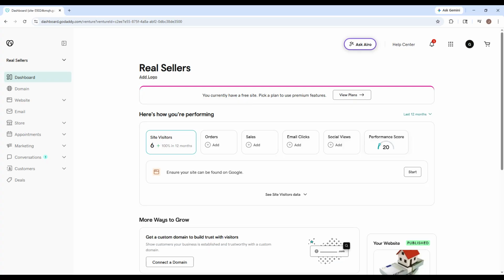This waiting period is important because a 503 error is often temporary and the server may need a little time to recover. While you wait, avoid making unnecessary changes to your hosting settings unless you know exactly what caused the issue. Next, if the error is still there, go to GoDaddy's official status page at